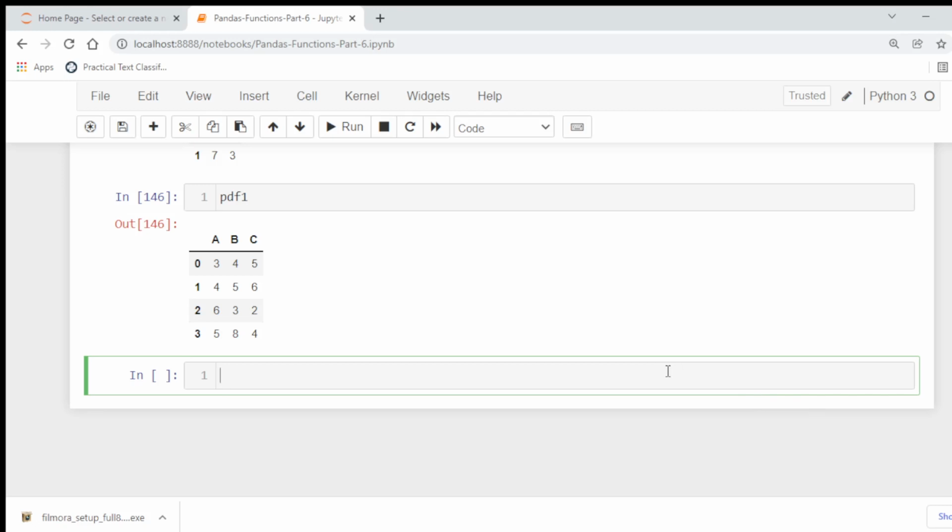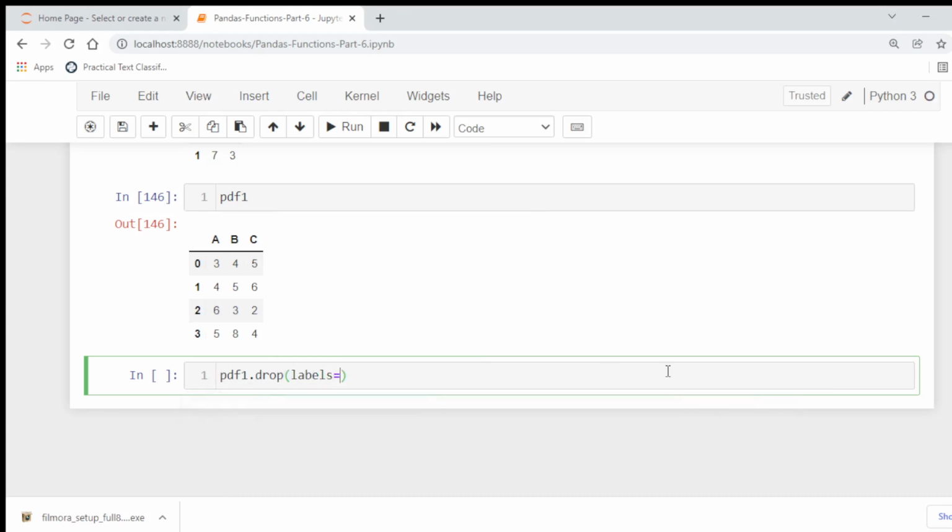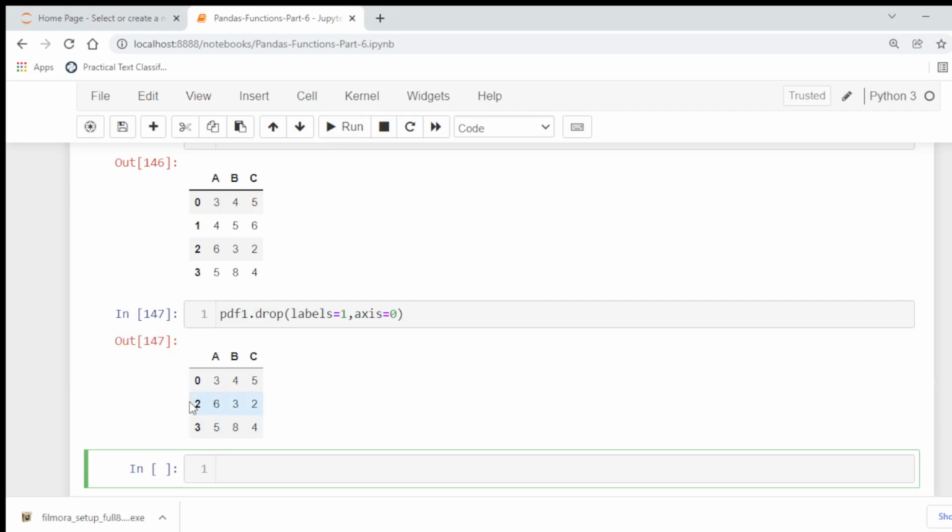So we can write df1 dot drop, labels equal to 1, and axis equal to 0, which is the default one. In this way we can drop the first row. So here row 1 has been dropped.